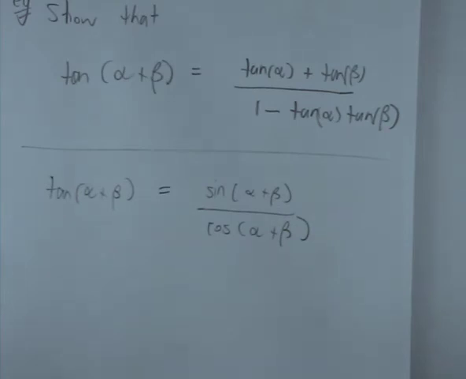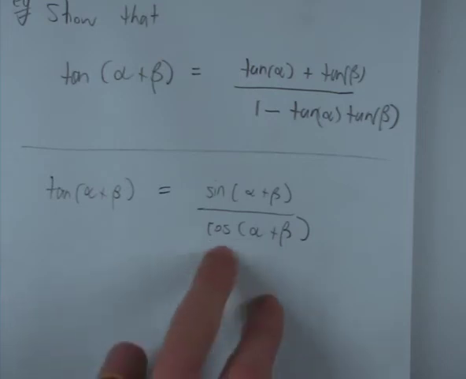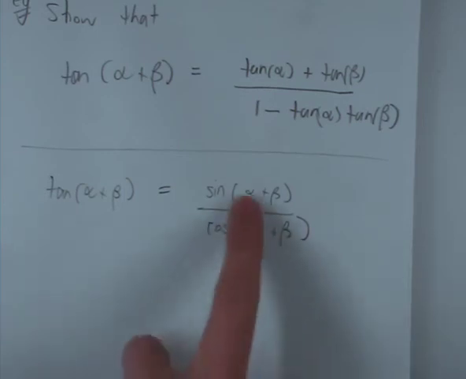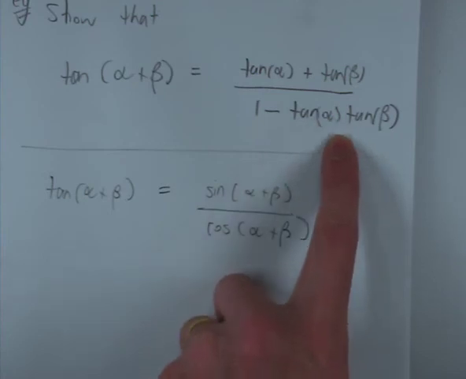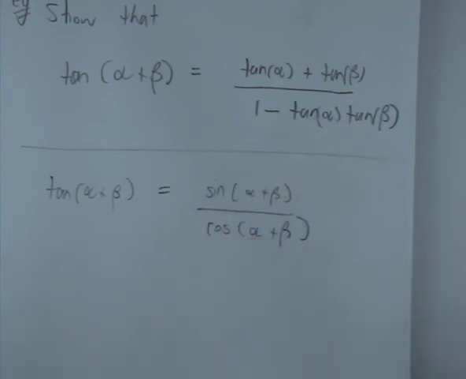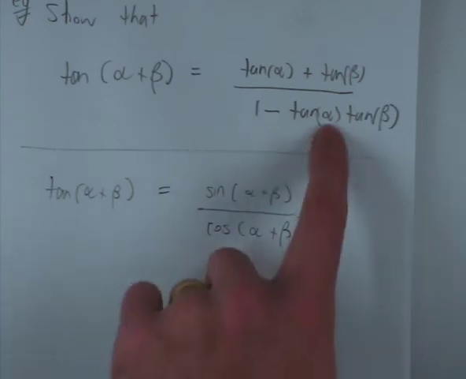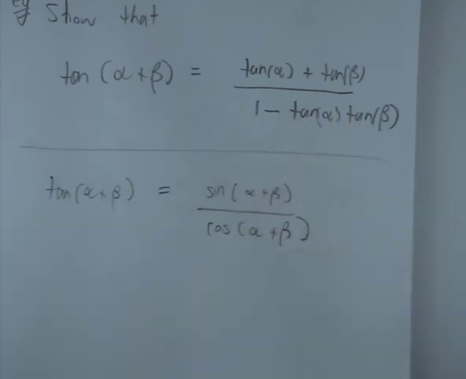There is no real method, right? We need to think of things that are going to help us think of what to do even though we've never seen the problem before. And that's the first thing that occurred to me, that tan was sine over cos. And the nice thing about it is that it's already written as a fraction, which is what I'm headed for. I know I'm looking to write it as a fraction, so writing it as sine over cos seems like a good move. And now there are formulas for splitting up sine and cos for alpha and beta, because I know that I have to get the alphas and betas out of the tan. So